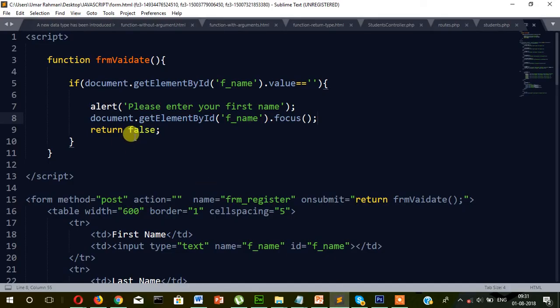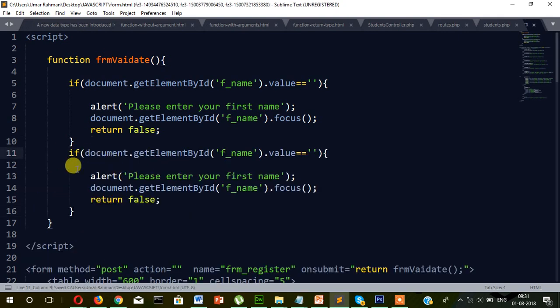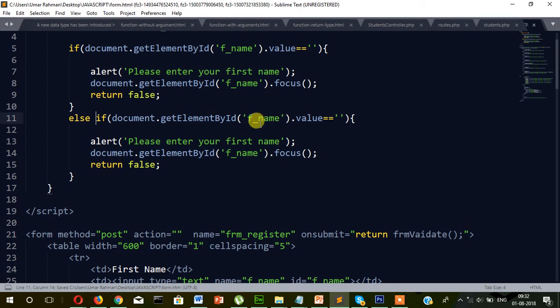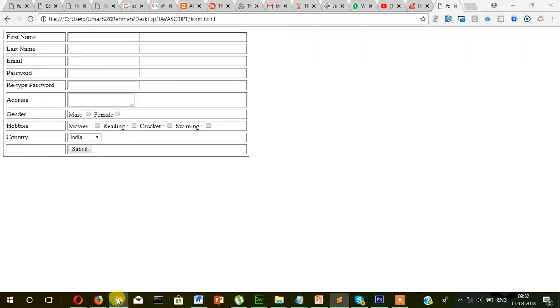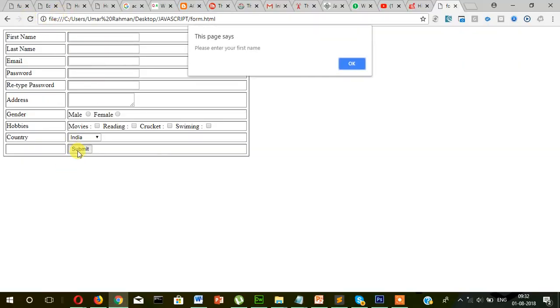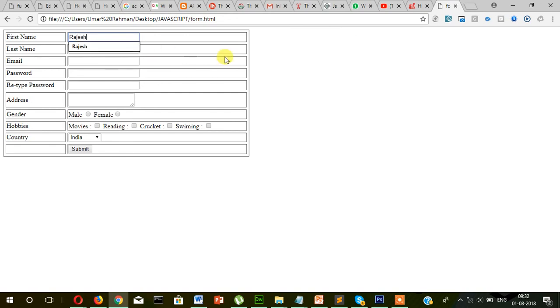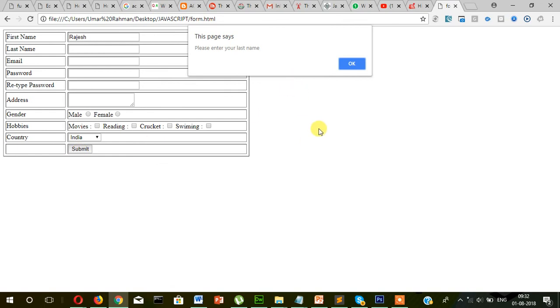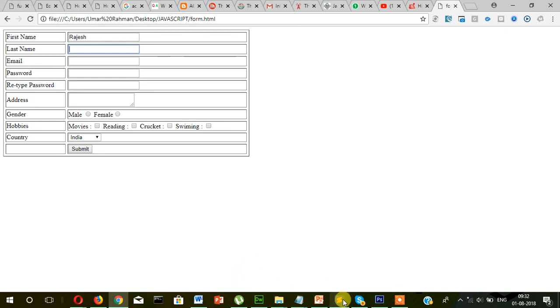The same way we can do other fields also. In this case you will have to write here else if, and then lname blank, and then lname here also, and here will be last name. So let's check now. Okay, now I'm writing something, and it doesn't allow me to submit the form even after I fill the first name because I have not entered anything in the last name. So if we enter the last name,